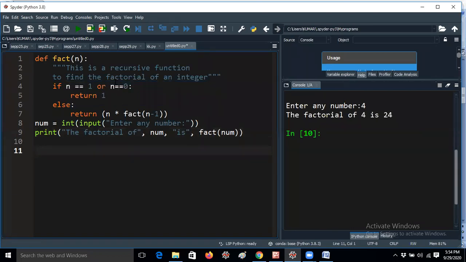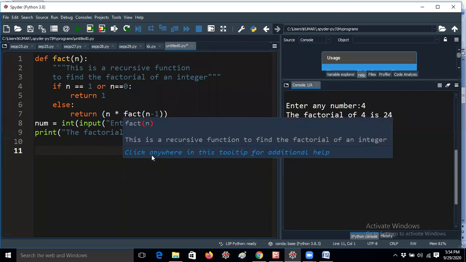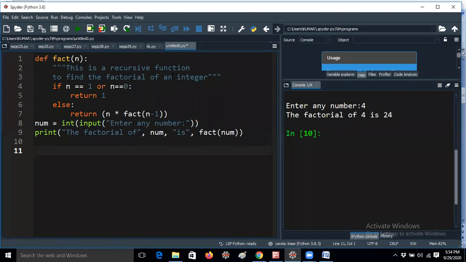I already explained the concept using a for loop in the important programs. I discussed how to find the factorial of a number using a simple f equals f into i logic. I have discussed that problem already. Let me explain how to find the factorial using recursion.